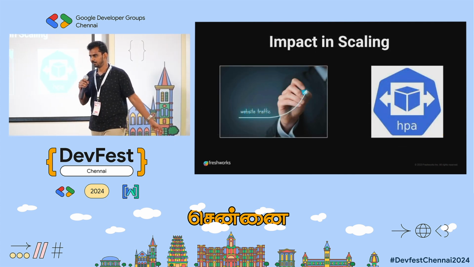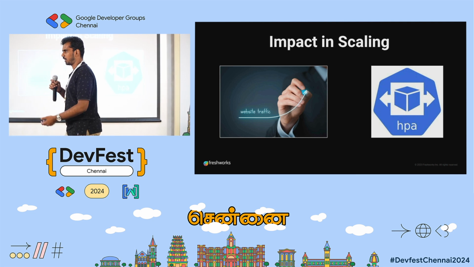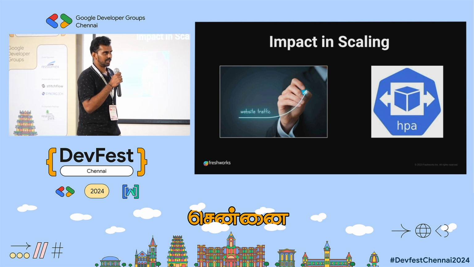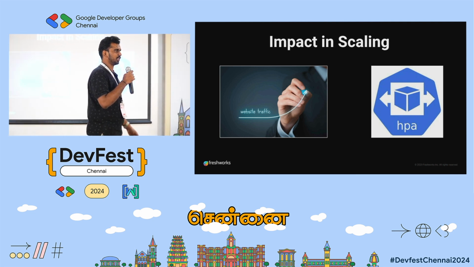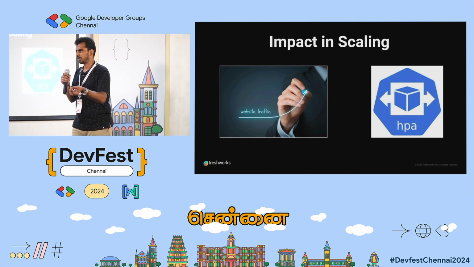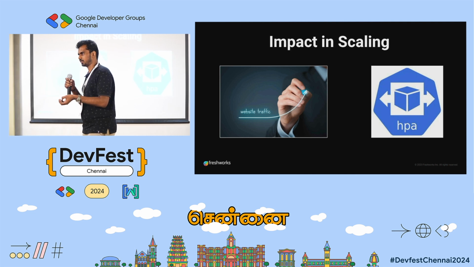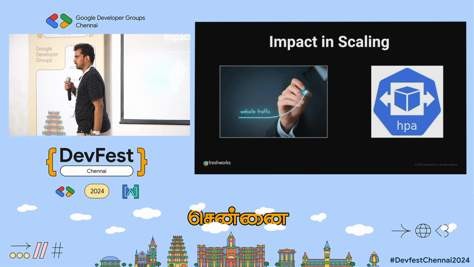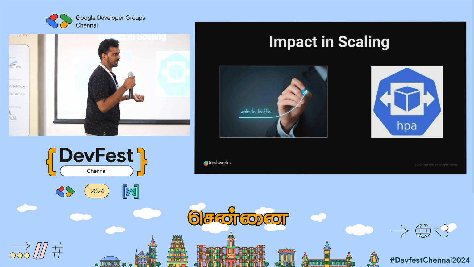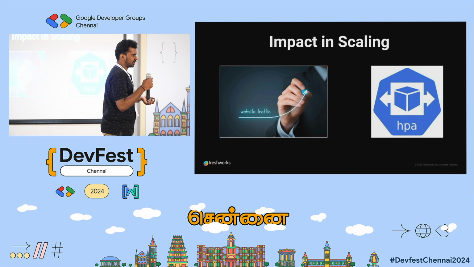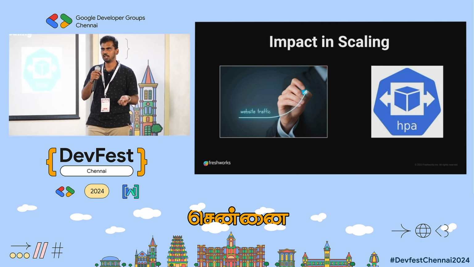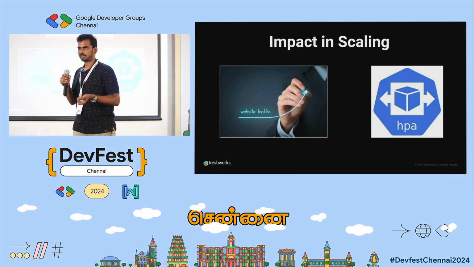So another thing is, as Aru told, we are already hosted in a Kubernetes environment. For our foreground jobs, we have auto scaling with HPA. I will say some brief about HPA, the horizontal pod autoscaler. It works on some metrics; we can configure the metrics and custom metrics. I will take a simple example here. When the RPM increases, we need to auto scale the pods. We are serving millions of requests every day. Let's take there is a sudden spike of traffic from our users. Then the autoscaler needs to scale the pods.